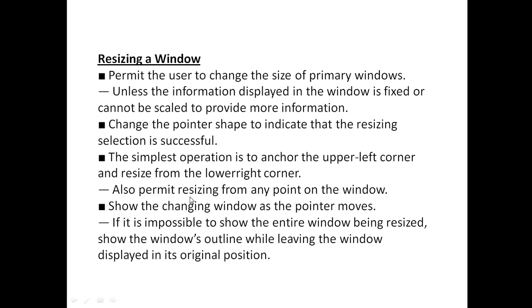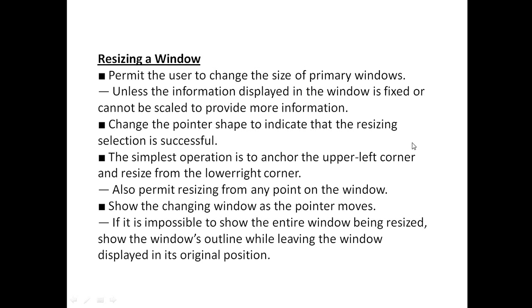Also permit resizing from any point of the window. You must provide some flexibility to the end user to resize the window from any point of the border here.